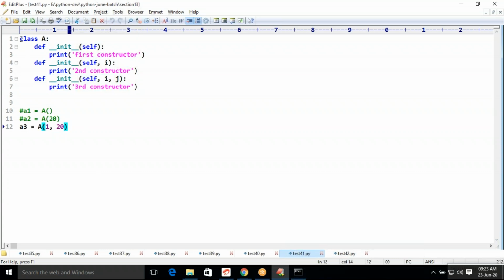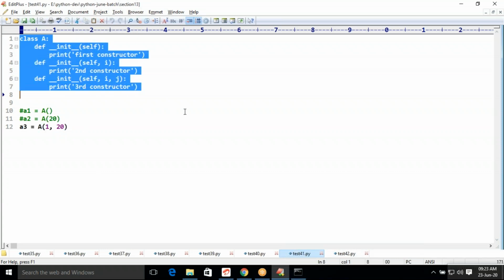Observe this point. Class A is syntactically correct. You can develop any number of constructors by choosing a difference in the number of arguments.